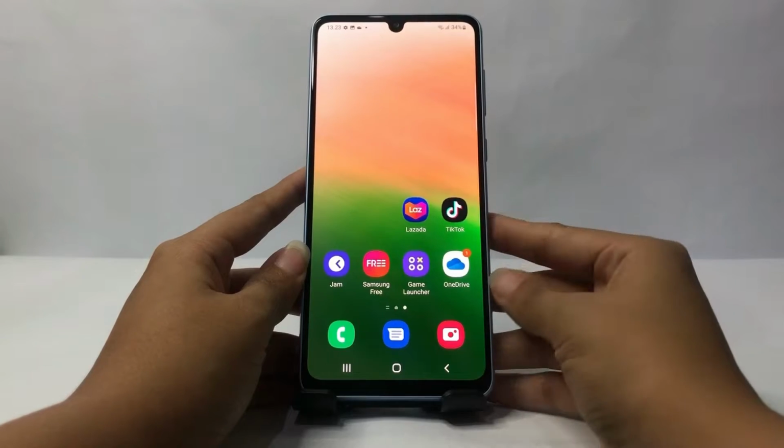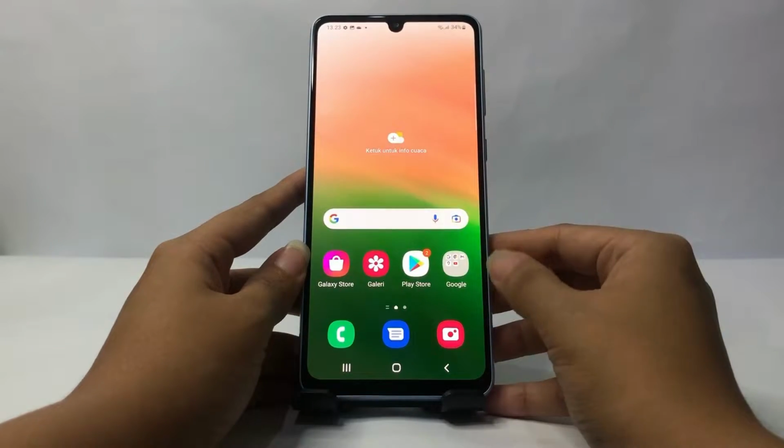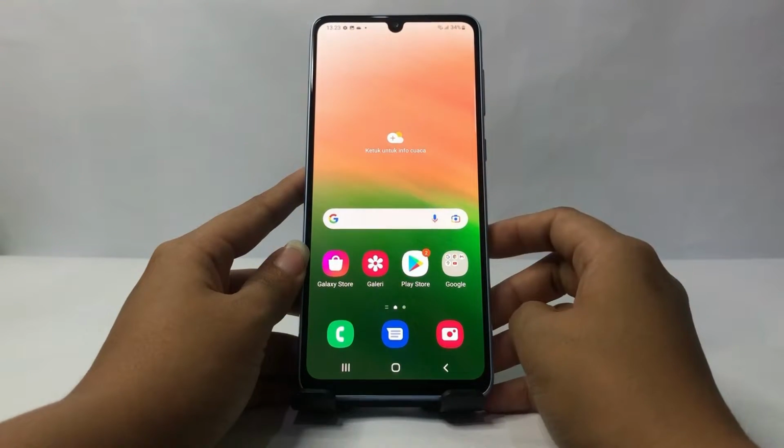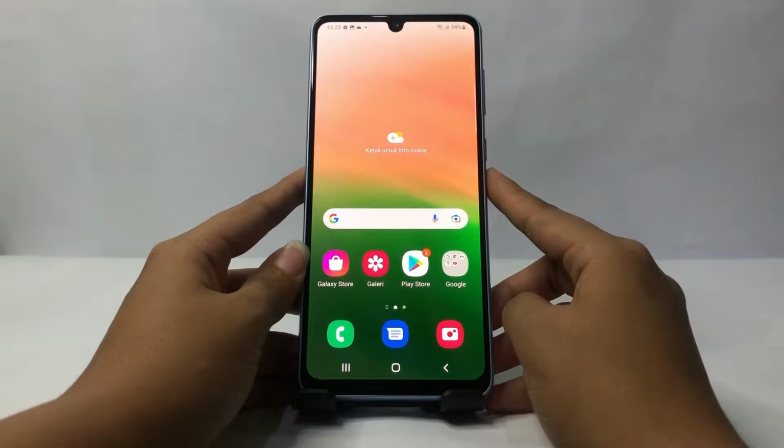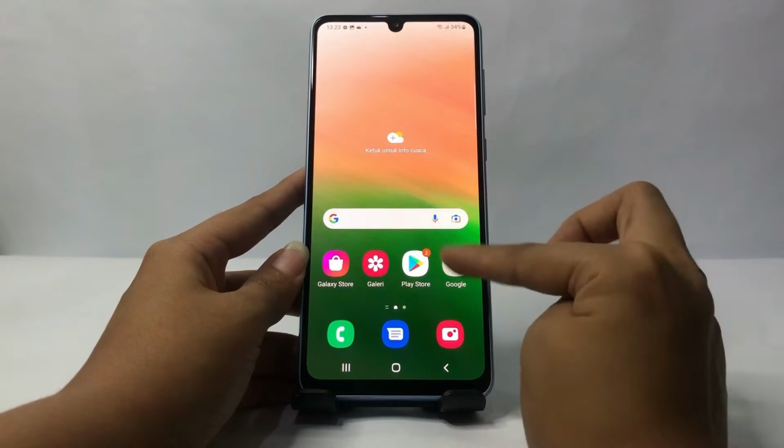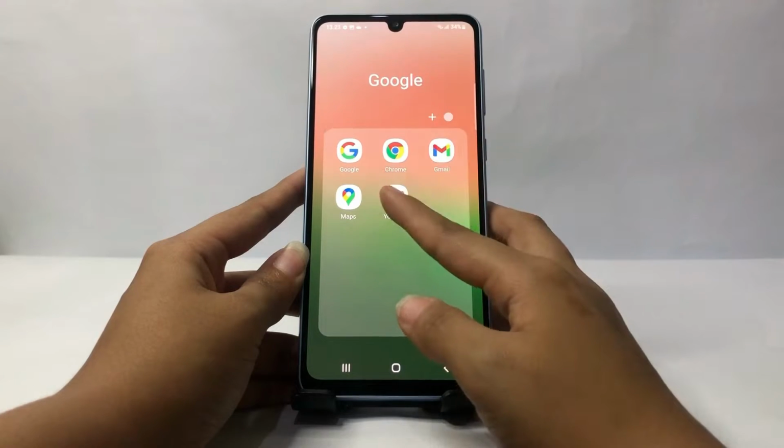So without any further ado, let's get started. Well, firstly, you have to open the apps that you want to split. For example, here I'm gonna open my YouTube,